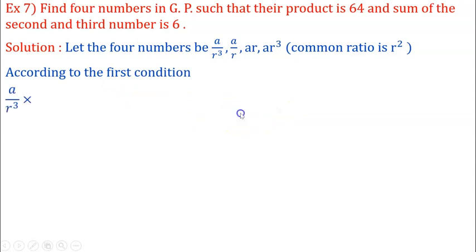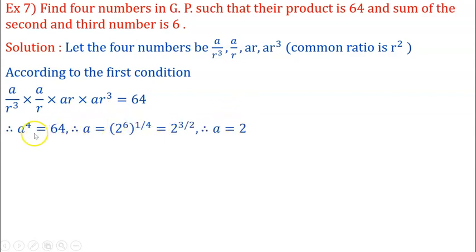According to the first condition, their product, that is a upon r cube into a upon r into ar into ar cube is equals to 64. And here that is a into a into a into a, that is a raised to 4, r cube into r, that is r raised to 4, and here r into r cube, r raised to 4. r raised to 4, r raised to 4 get cancelled. Then you will get here a raised to 4 is equals to 64. Okay, but what about the 64? 64 can be written as 2 raised to 6, and taking the fourth root,